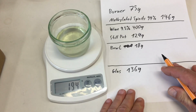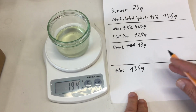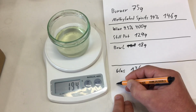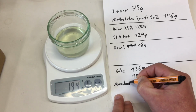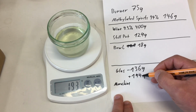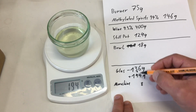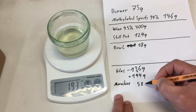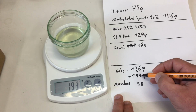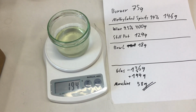So, for our moonshine, and it really looks like moonshine, I will try it in a second. We come in at a total of 194 grams. That is, we have moonshine minus, this is plus, so 6 and 8 is 14, 6 and 3 is 9. So 85 grams of moonshine